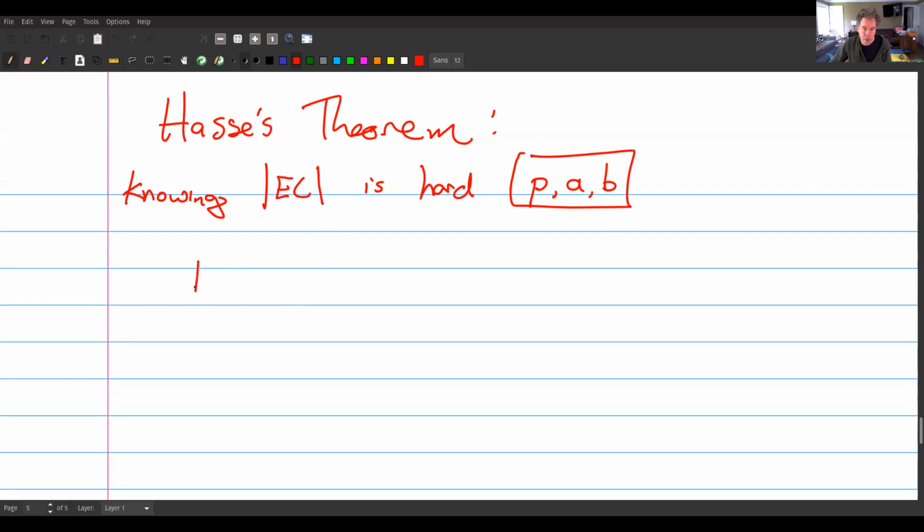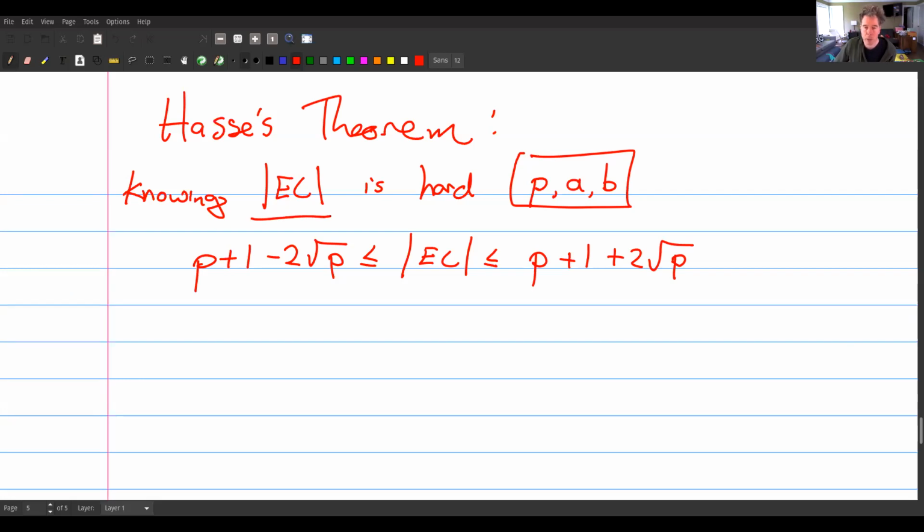But Hasse has his theorem, which says that it's at least p minus the square root of p, and at most p plus the square root of p. Okay, so Sage can actually compute these cardinalities fairly quickly,